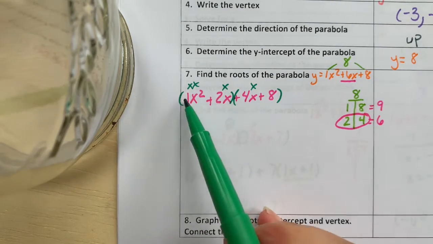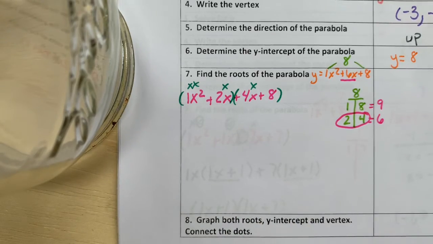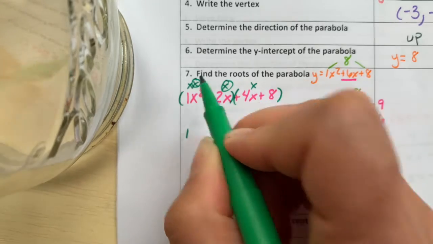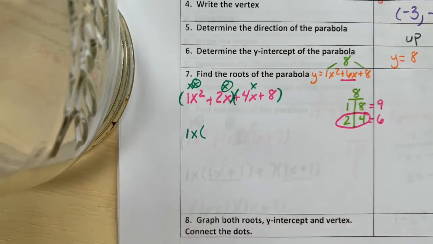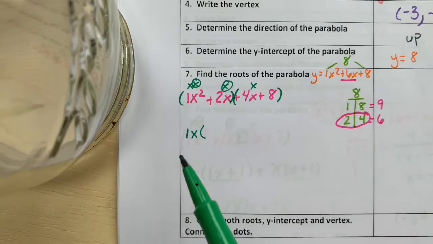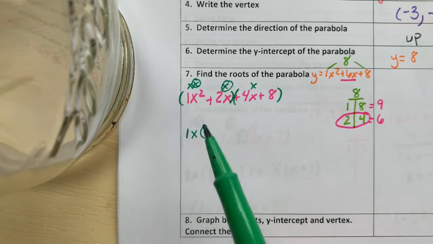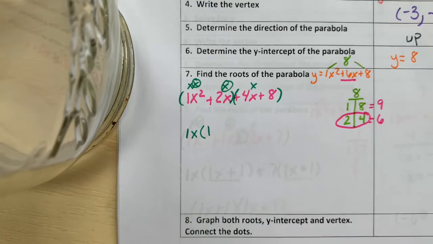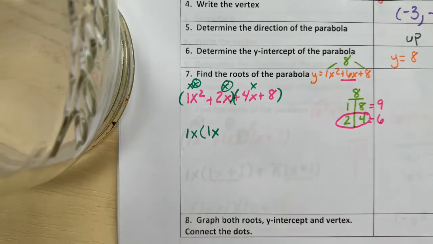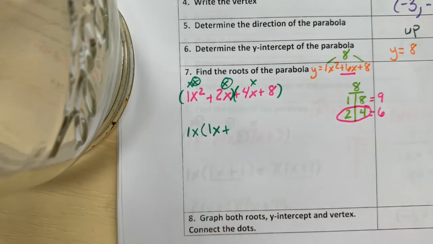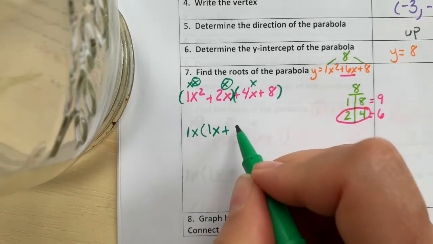So what number can go into 1 and 2? Well, only a 1. Then I look and see I have 1x that I can take out of both terms. Now that I've dealt with my number and my variable, I can start my parentheses. So 1 divided by 1 is 1. I had 2 x's, I took 1 out, so I have 1 left, plus 2 divided by 1 is a 2,